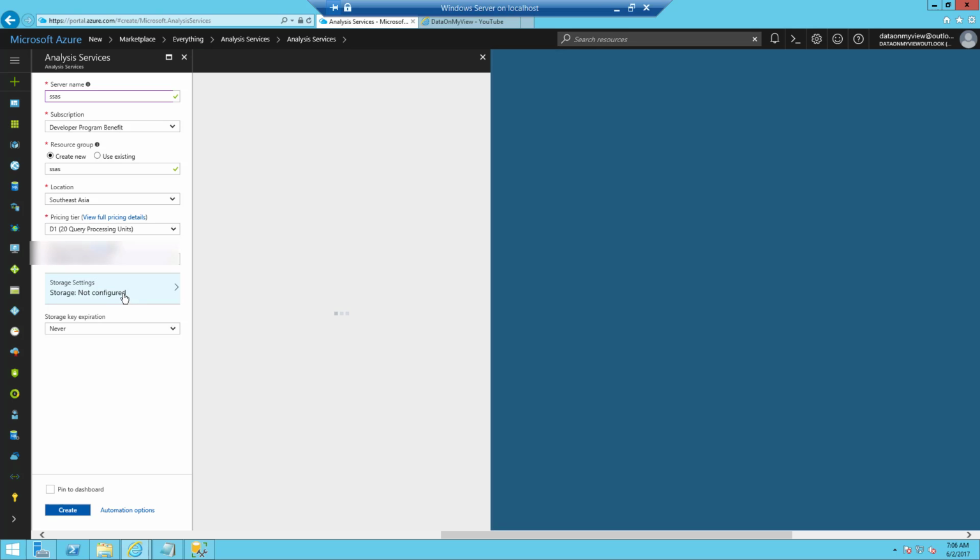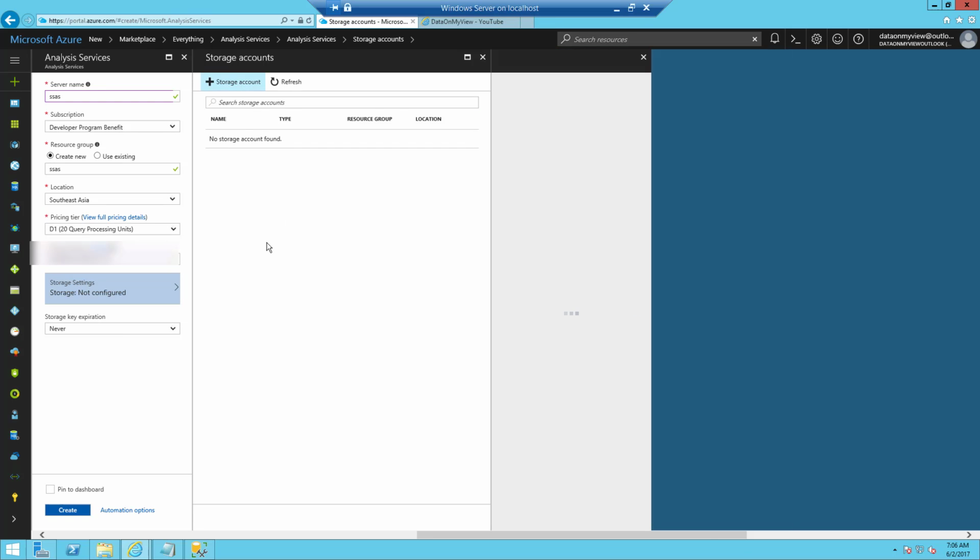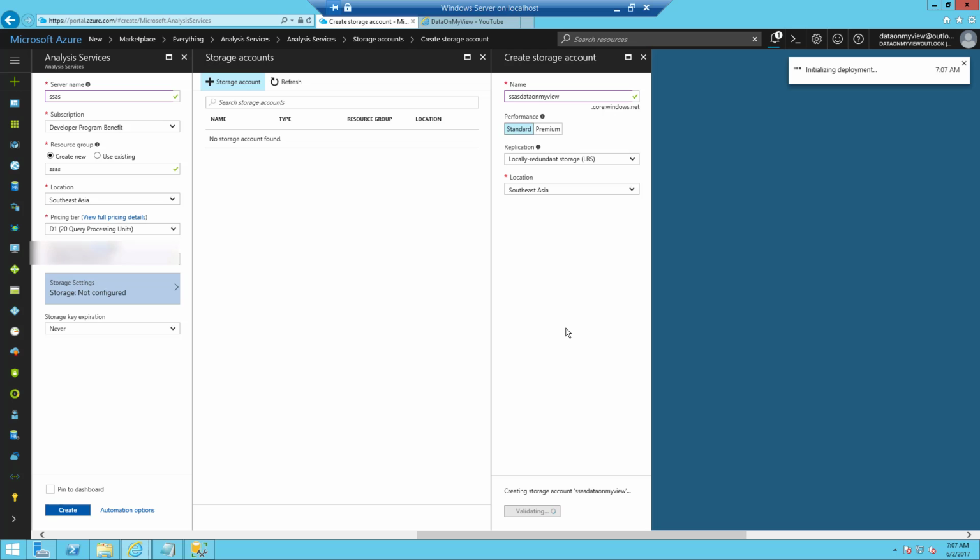Next we have the storage settings, and we need to select which storage we want for our account. Just create a new storage account. In case you have a storage account in your subscription, then you can make use of that storage account. I'll just name it ssasdata, and I'll go with the default option. It is going to check that name with the extension core.windows.net.